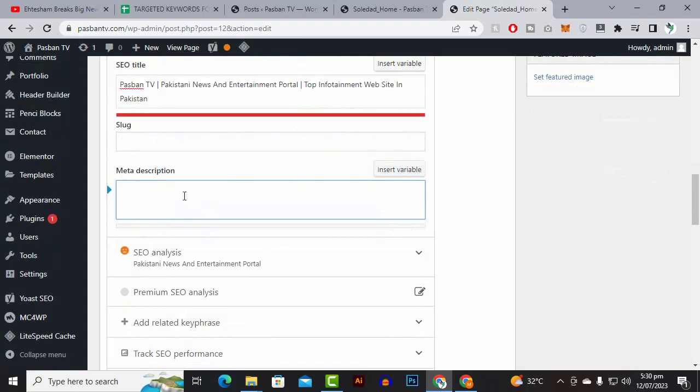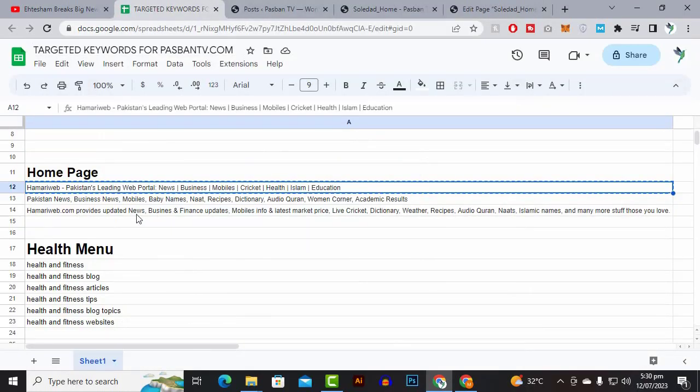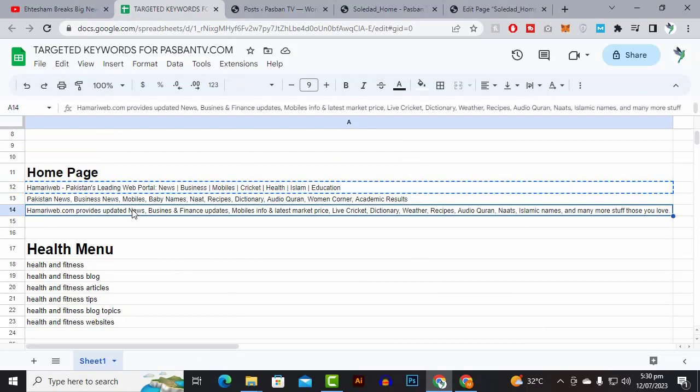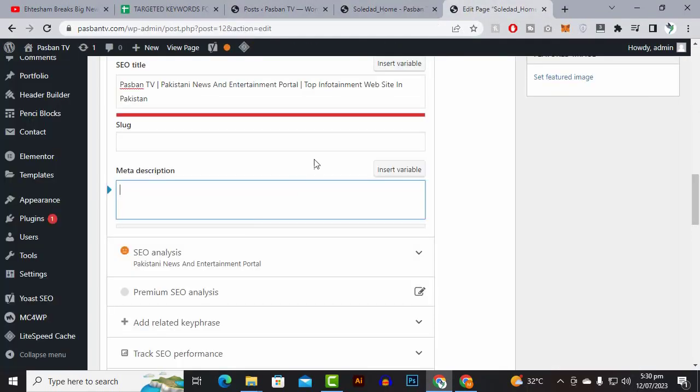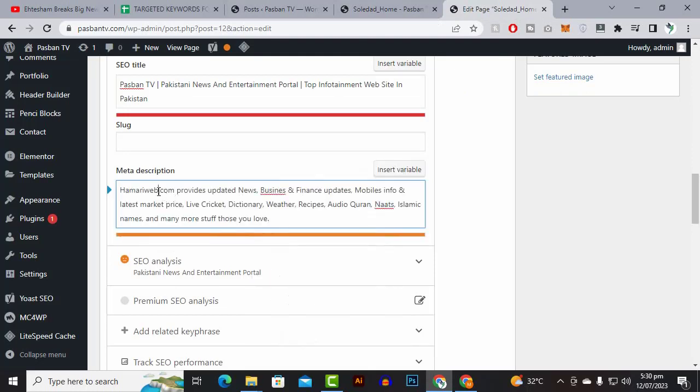And then we have the meta description. So meta description is very important for the home page. So here you can see that we have the meta description. We can copy the meta description from our computer and we will just paste it, and we will just modify the things. So we will just say Pasban